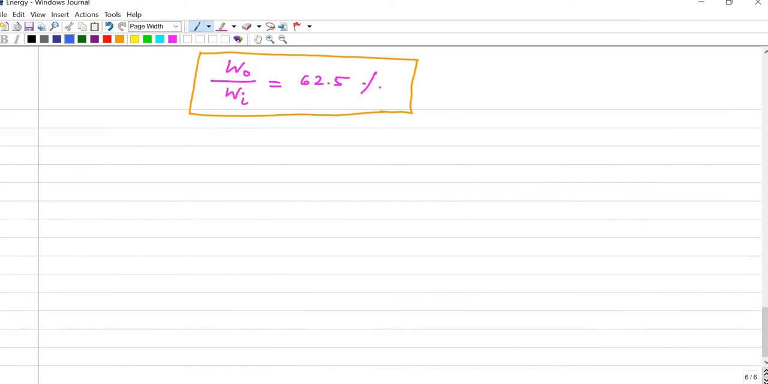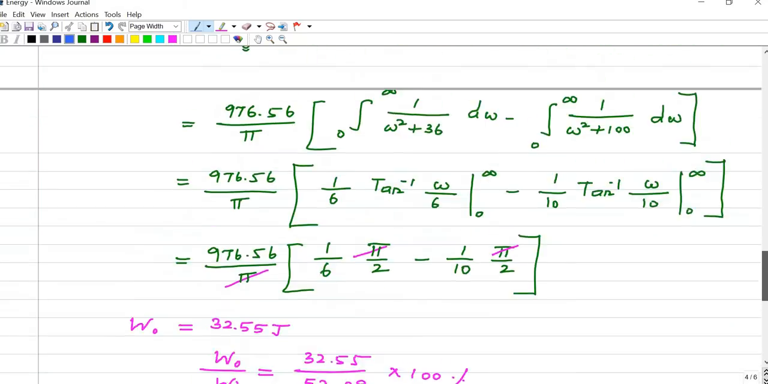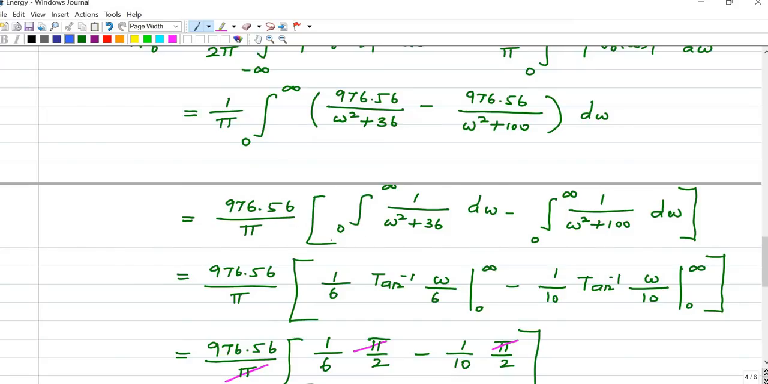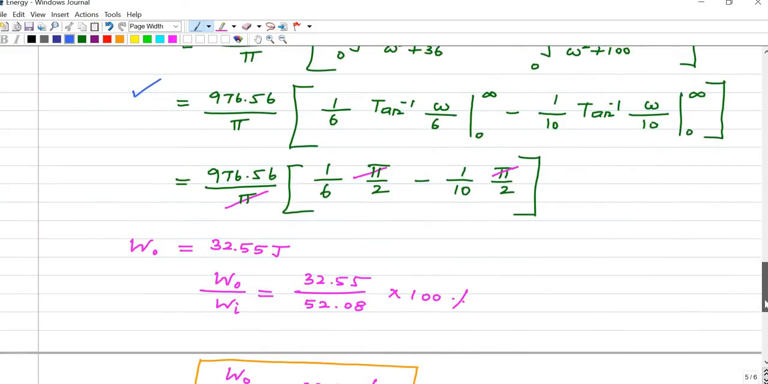Let me call the new output energy W0 dash. No need to repeat all the procedure. We'll take from this step, which is the same up to here. Instead of infinity, it is 10 actually. So from this step, I'm just writing,